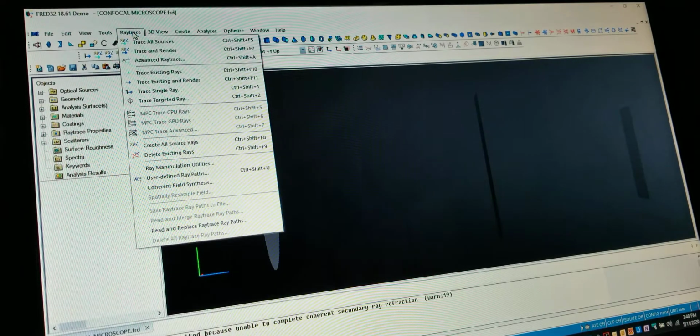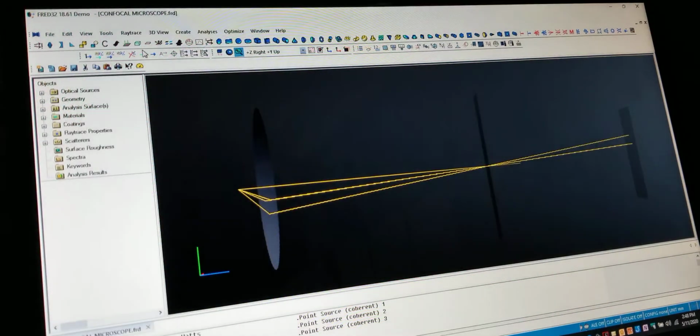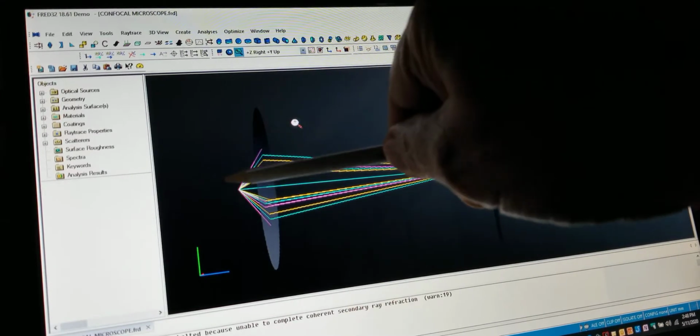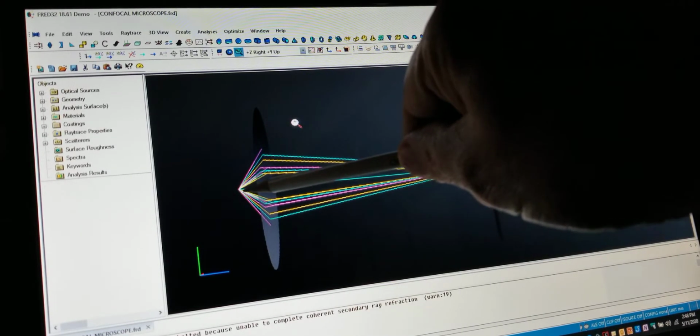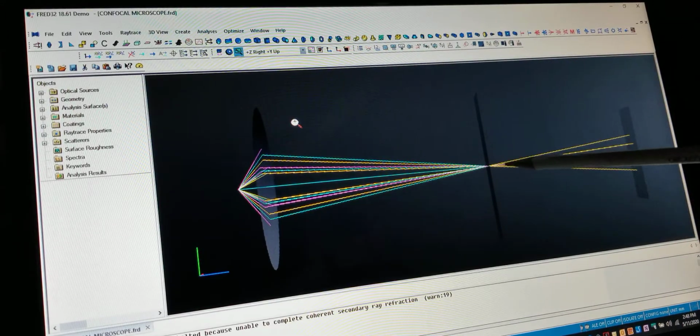for the lab is going to be very simple. Trace and render. As you noted before, you got 3 colors coming out of here. They're all practically coming out of the exact same spot. They go through the lens, and the only thing that gets through is the yellow. So